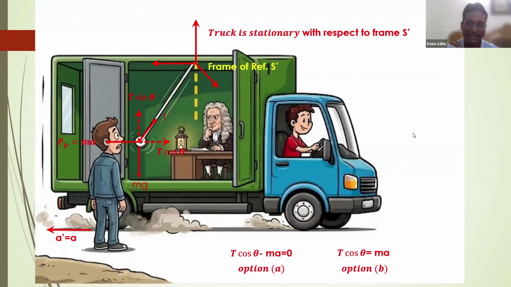Yes, it is mathematically the same. In terms of mathematics, both options are the same, but both options have their own physical meaning. In terms of physics, they have different meanings. Okay, ma'am, let's start the discussion. Can anybody tell me why option B is correct? Why is option A not correct? With respect to frame of reference S dash.